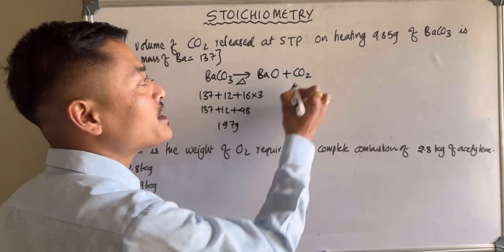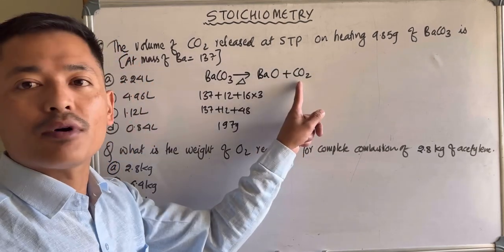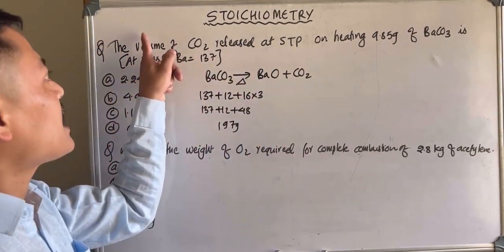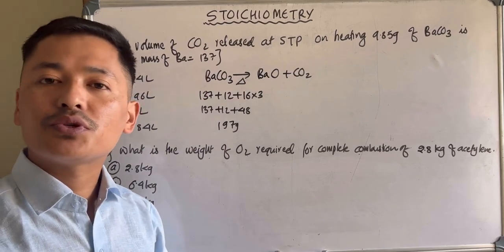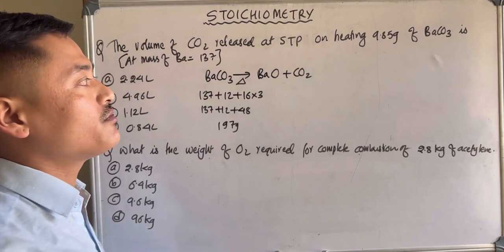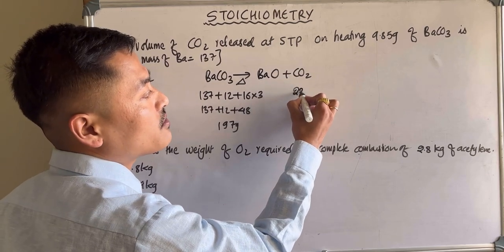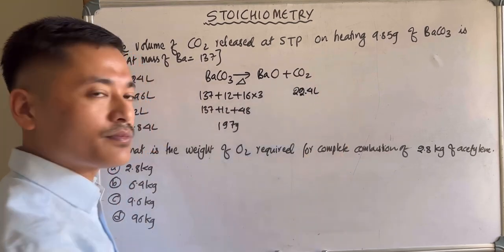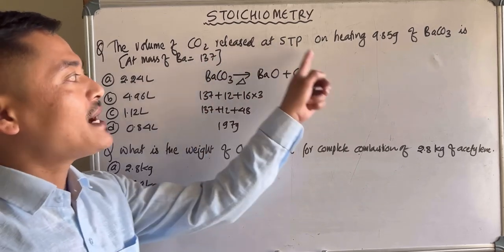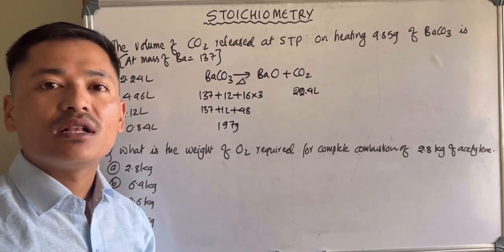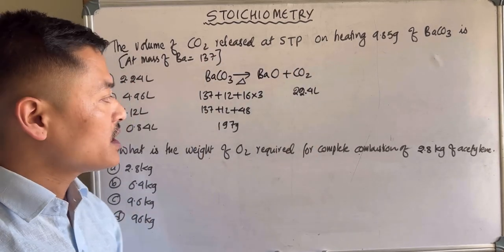But for carbon dioxide, you don't have to find out the molar mass, because you are asked to find out the volume of CO2 at STP. And since you only have 1 mole of CO2, the volume will be 22.4 liter. Now from the balanced chemical equation itself, you can clearly say that it is